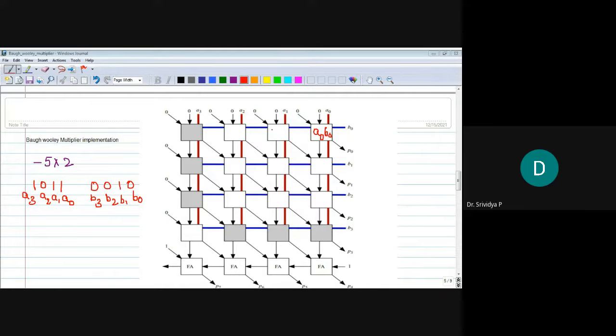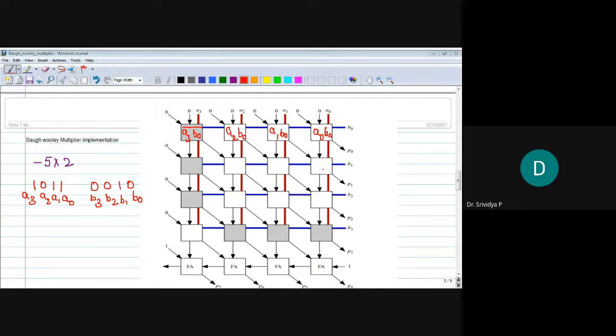A1 and B naught. So we multiply A1 and B naught in this white cell. To this white cell, we give A2 and B naught as input. This is a gray cell. To the gray cell, we give A3 and B naught as input. These two are multiplied and NANDed, so A3 dot B naught, the whole bar.